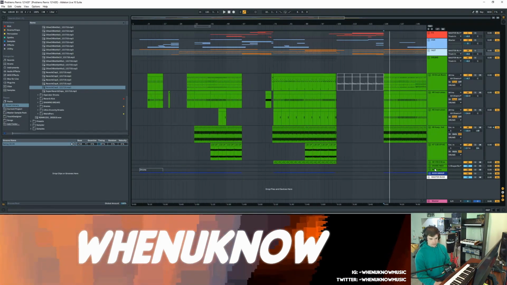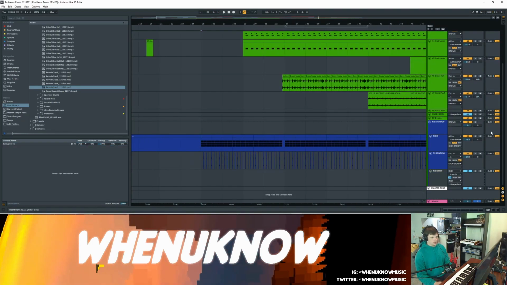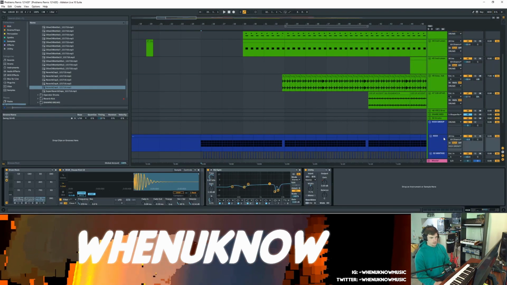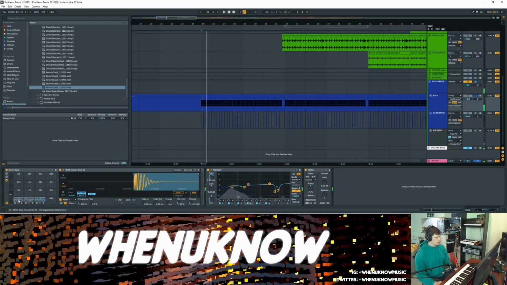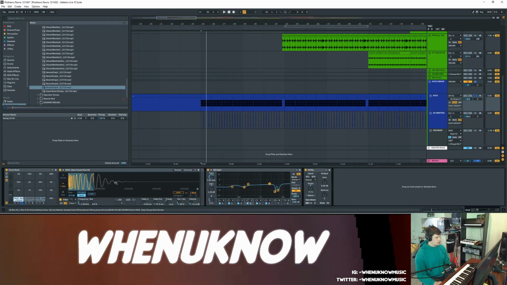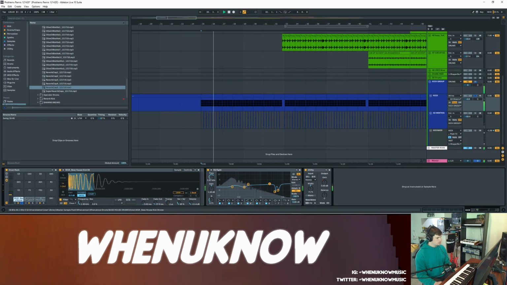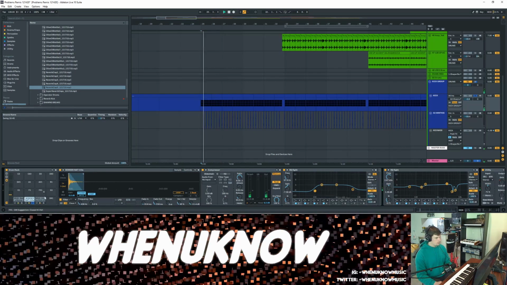Okay, so for the drums, I feel like it's appropriate to start with the kick. This kick looks complicated, but it's not that bad actually. It's just a couple of different layers. The first thing we have is a kick drum that I made in Operator, and you can see I have it filtered down pretty hard, so no high end really. Next, I just have this natural kick drum sample